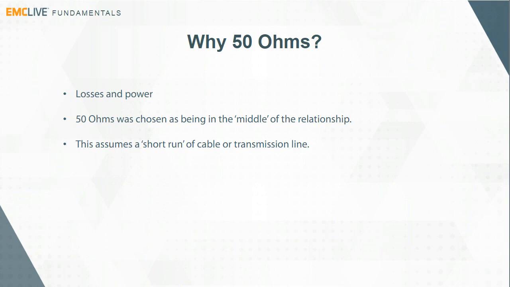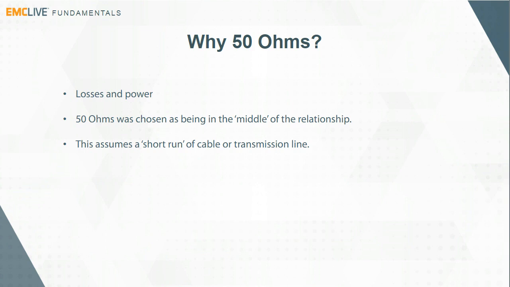So if you take the middle number of that relationship between 30 and 77, which is, take the average, 107, divided by two would be 53.5. People decided that 50 ohms was chosen as being in the middle of that relationship between losses and power. So transmission line loss versus characteristic impedance is lowest at 77 ohms, and then in maximum power transfer versus characteristic impedance, we get a maximum power drive at around 30 ohms. So they took the average, made it a nice round 50, and ever since then, things have been using 50